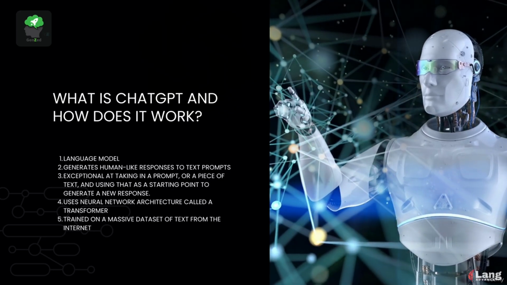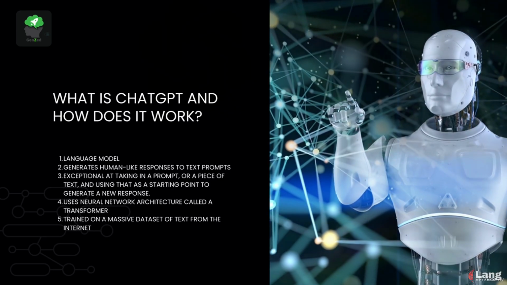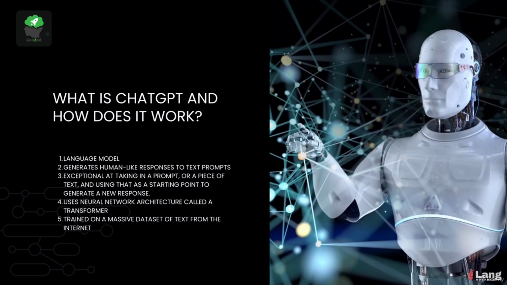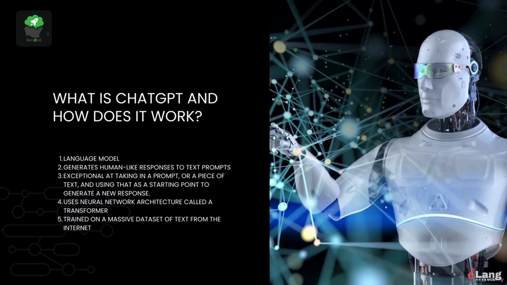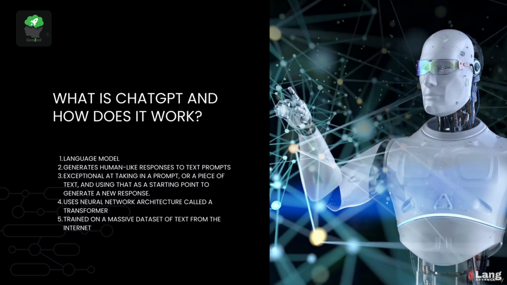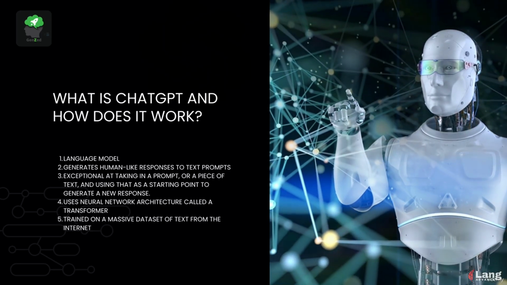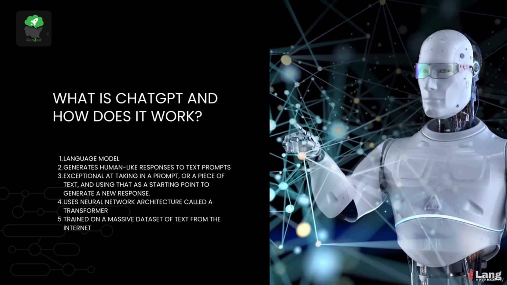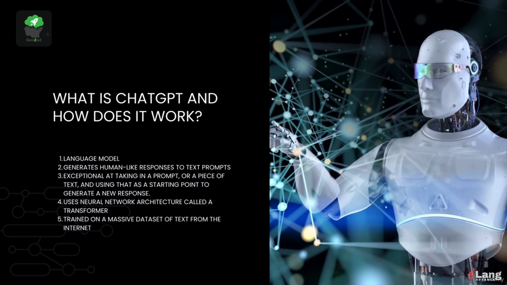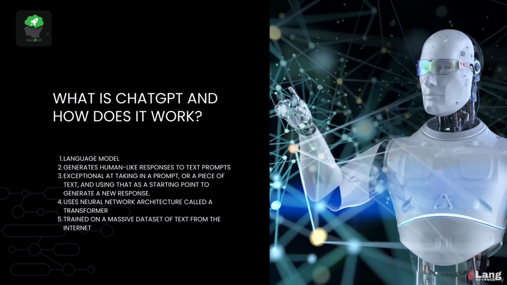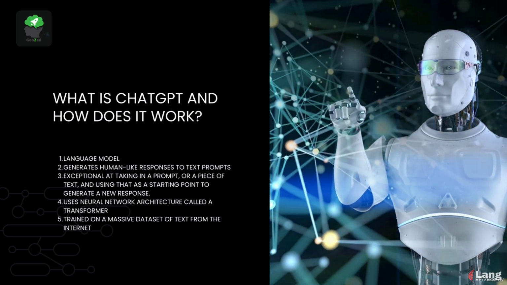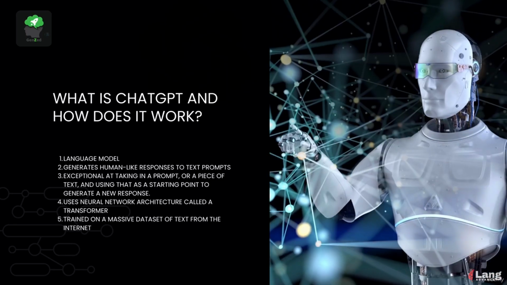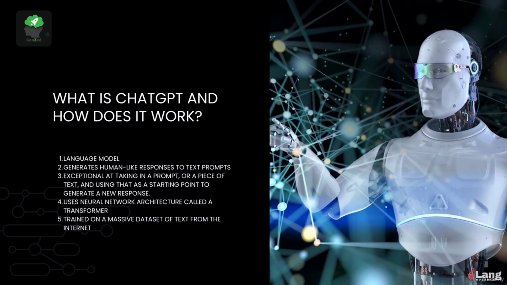It does this by breaking down the prompt into smaller pieces, known as tokens, and then analyzing the patterns and relationships between those tokens to generate a new piece of text that is highly accurate, relevant, and insightful. Now, how is ChatGPT able to do all this? Well, ChatGPT is trained on a massive data set of text from the internet, including stuff like books, articles, and